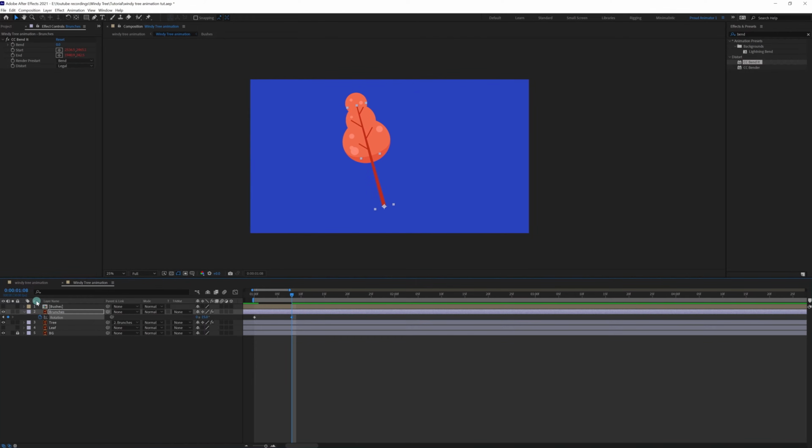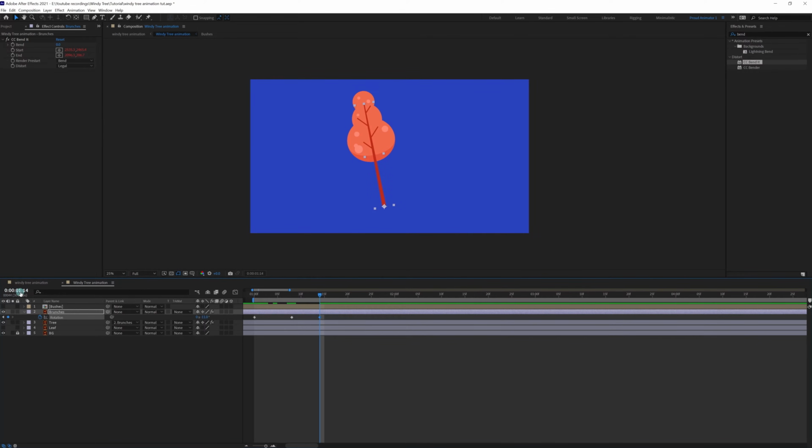Alright, after that we are going to jump on to next 6 frames. Let's give an opposite rotation. So at this point is where the wind is hitting the tree, and there would be 2 or 3 shakes, and after that we are going to add some overshoot before the tree settles down to its initial pose. Okay, so at this point we are going to give a rotation of around -11,